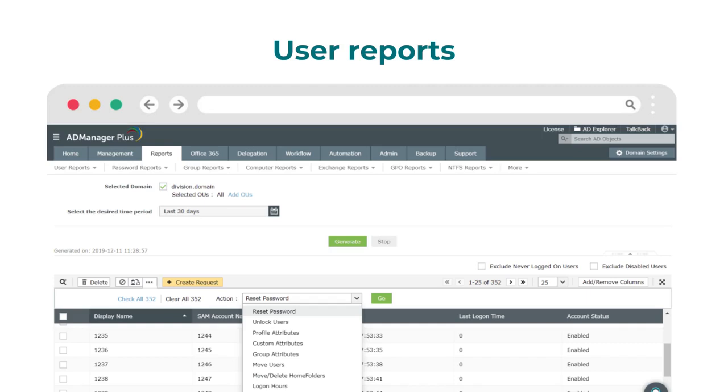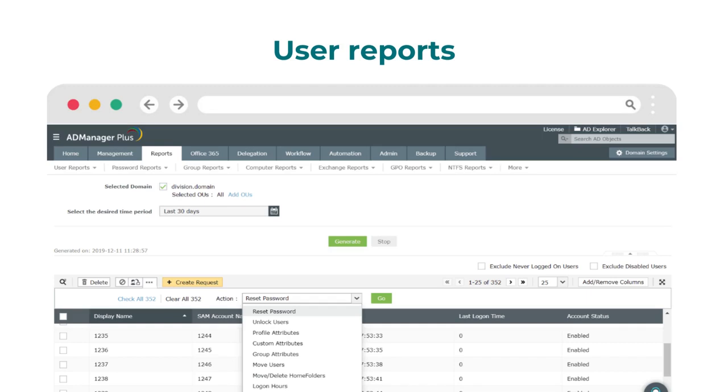You can track all dormant or unused Active Directory user accounts based on their true last logon. And to generate the inactive users reports, all that you have to do is specify the time period for which you wish to check the logon activity, and also the container from which you wish to fetch the inactive users, and the tool will display all the users who have been inactive for the specified time period, along with details such as their last logon time or account status.